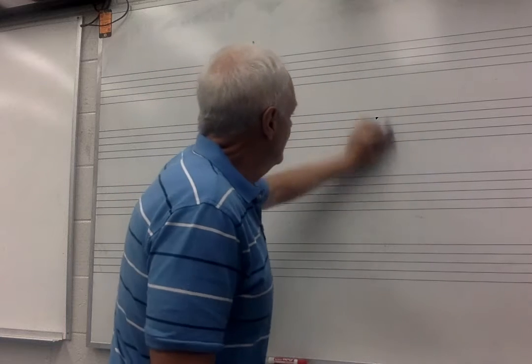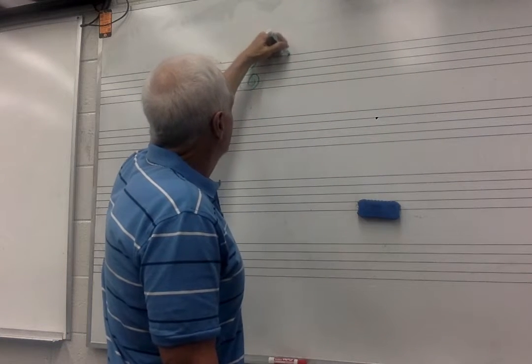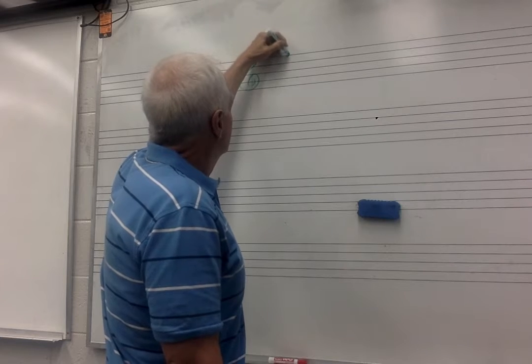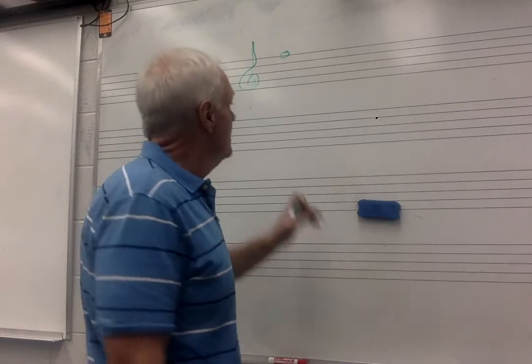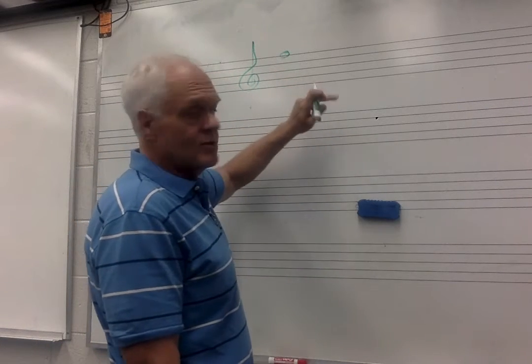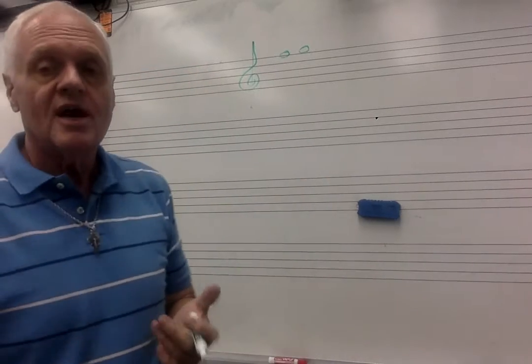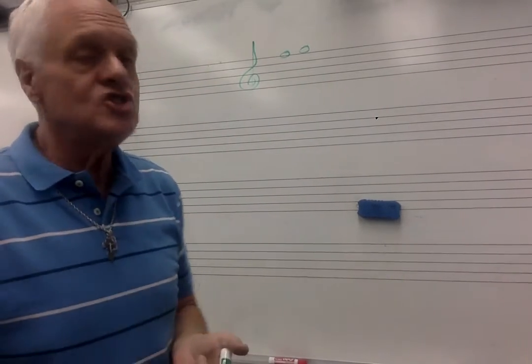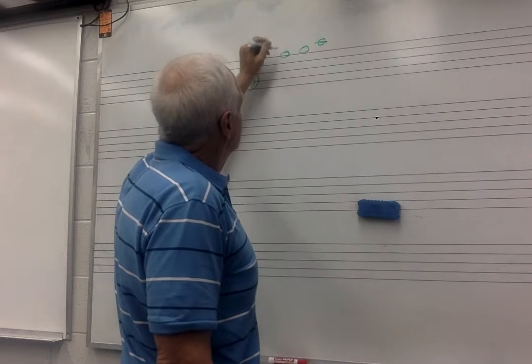Let's talk about going above the lines. Now, sopranos will often encounter notes above this top line, and handbells do all the time. So this is an F, as we know. What comes after F? Again, not a trick question. A, B, C, D, E, F, G. So that's an F,